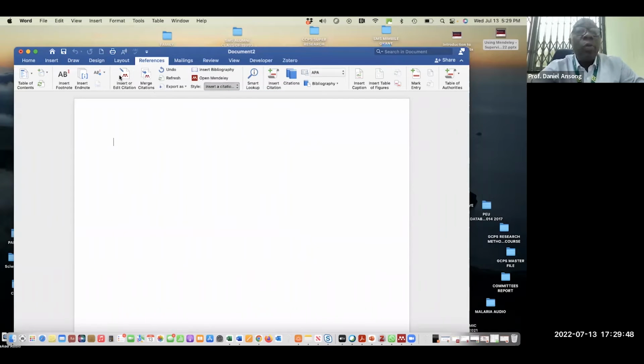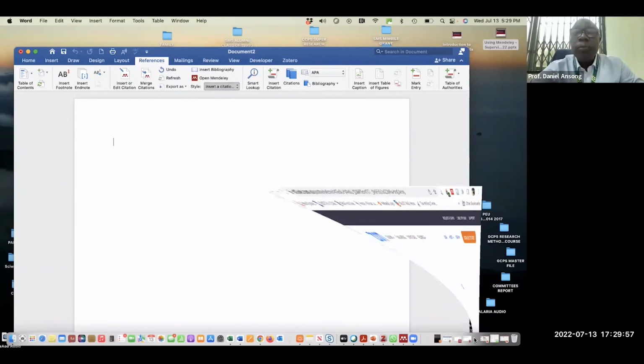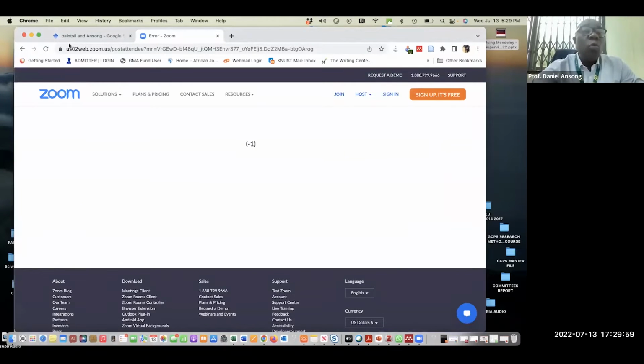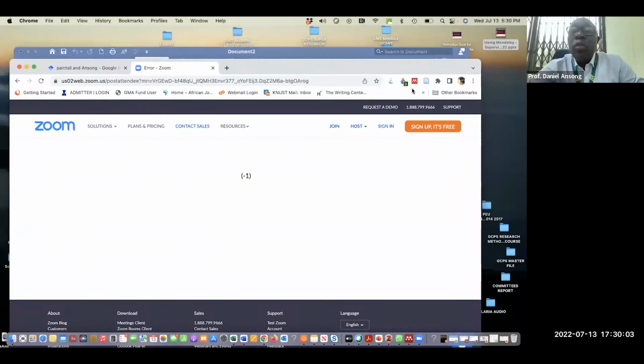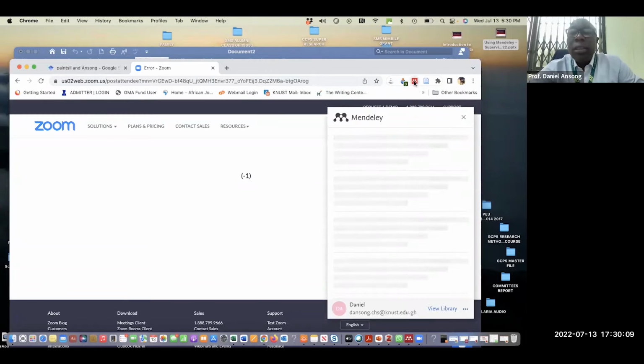Basically, we're going to work with these icons here. Now, I don't know how many of you are using Chrome, but those of us who are using Chrome, this is what you'll be seeing on Chrome. You'll be seeing this icon here. And if you click on the icon, please click on the icon, you would see,